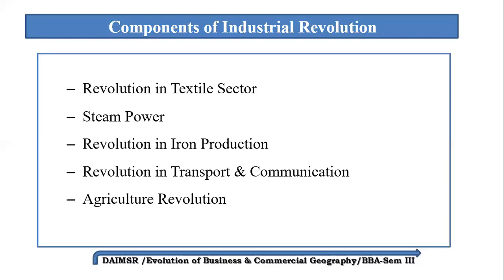This aspect is generally missed in the Industrial Revolution, but it also started at that time, with new forms of machinery like the steel plow and harrow for breaking the ground. Mechanical seed drills and horse-drawn cultivators were replaced by hoe and machines for reaping and threshing, reducing the labor requirement in the agriculture sector. So basically, the agricultural sector was also revived during the Industrial Revolution.